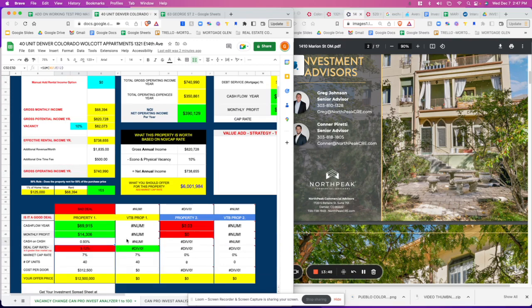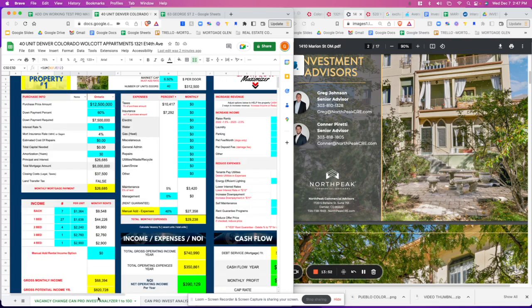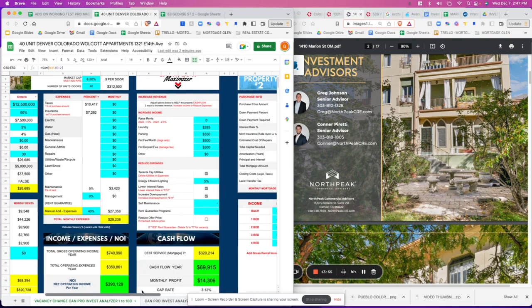cap, and look at the cash on cash return. So this is actually not a very good investment. However, let's see if we can experiment with this. So what we're going to do is this. We're going to go